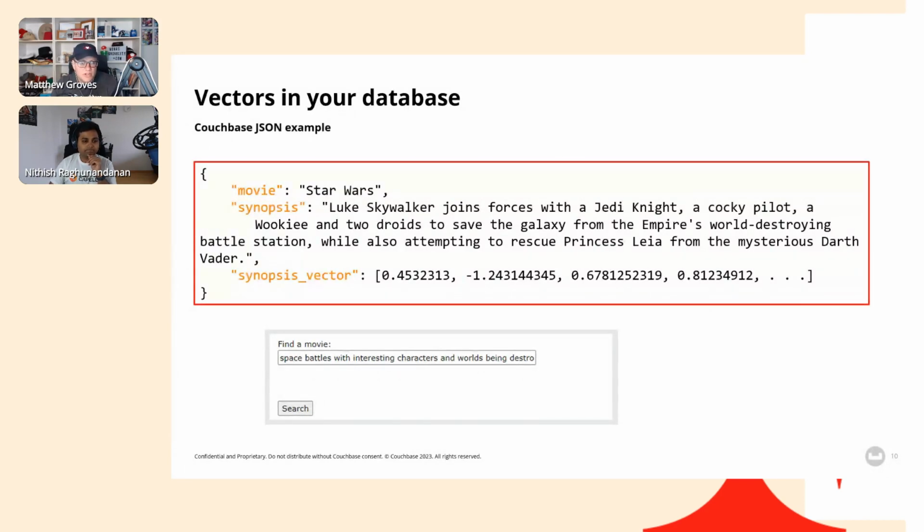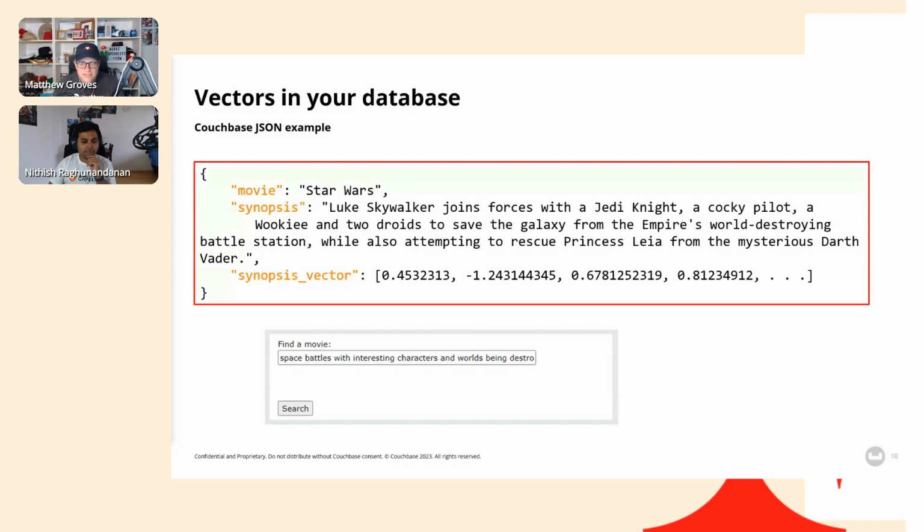But this approach here is what Couchbase is using. It treats vector search as a feature and not as a type of database. And that's the approach that Couchbase is taking. Although, if you really wanted to, you could use Couchbase as a standalone vector database. I'm not going to discourage anybody from using Couchbase, but the approach here is that we have these two things together, stored together in the same document.